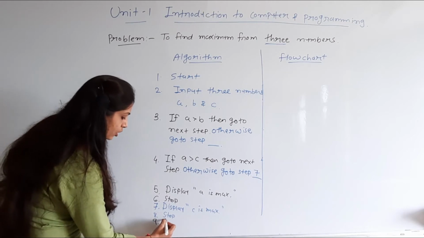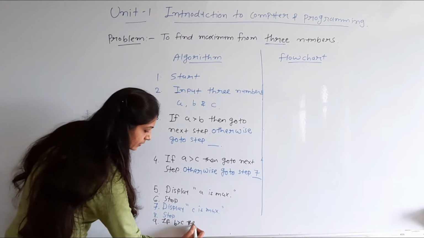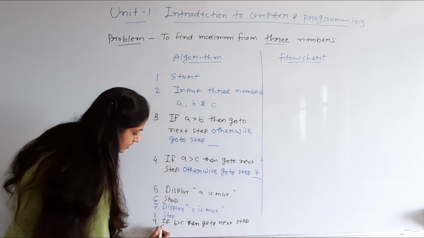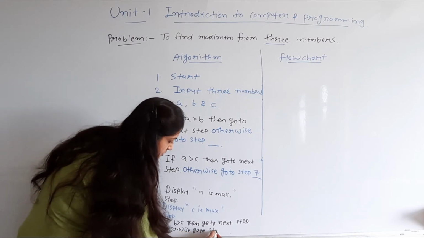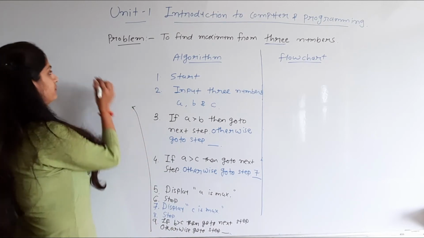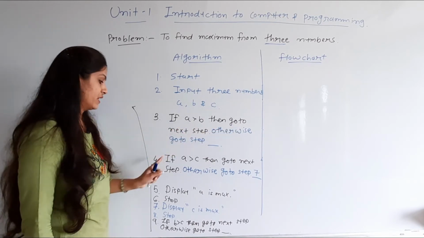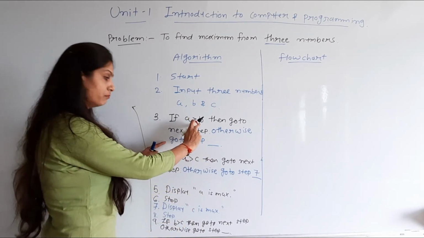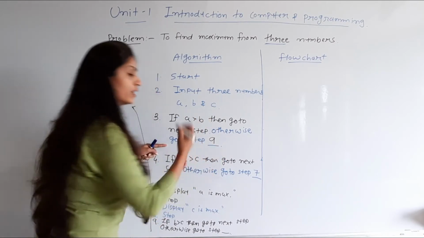So the 9th number is what? Again if. If B greater than C, then go to the next step. Otherwise go to step number, blank. Now jump onto the left part, that is step number 10. If it is true, then we have to move next. But now we are in the otherwise part, means A is not greater than B. Now at which place do we have to jump? Directly to the 9th step. So first write down here 9.